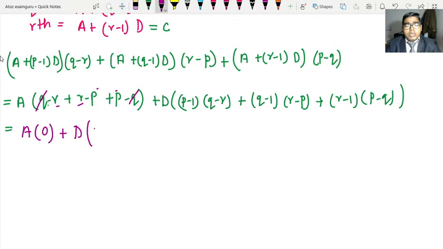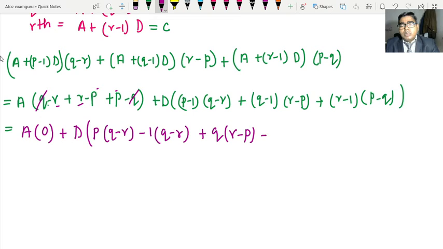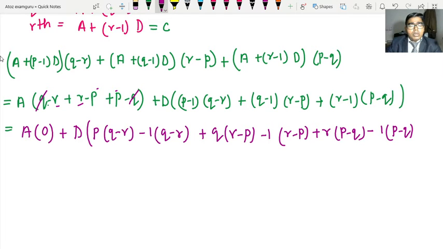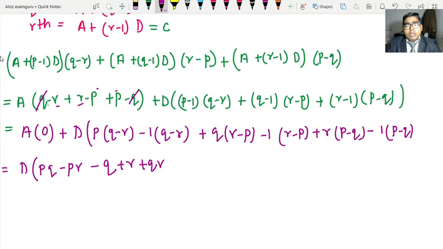P into Q minus R, minus 1 into Q minus R, plus Q into R minus P, minus 1 into R minus P, plus R into P minus Q, minus 1 into P minus Q. So if you further simplify it, you will get PQ minus PR minus Q plus R plus QR minus QP minus R plus P plus RP minus RQ minus